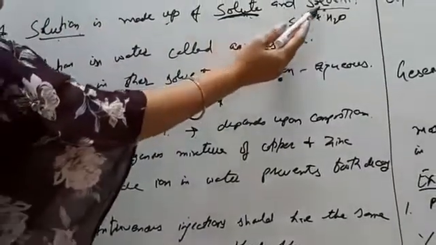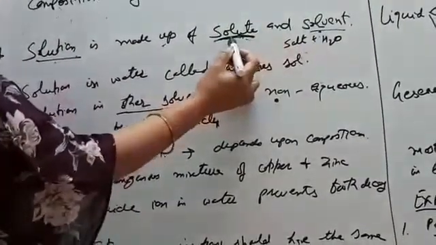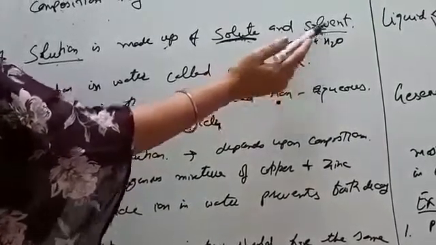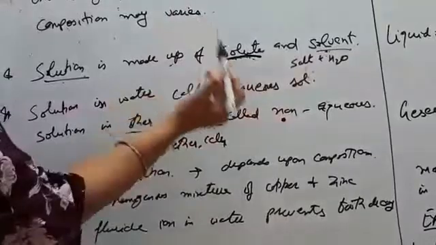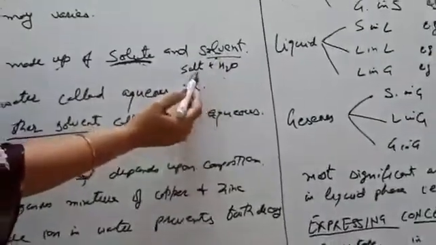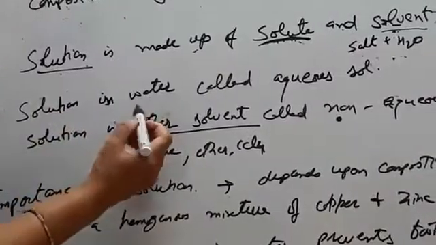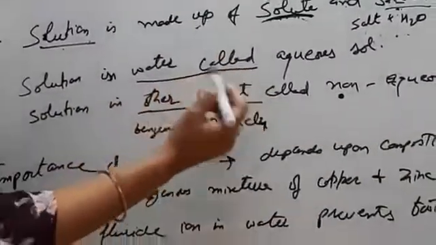Now out of this solute and solvent, solvent may be liquid and solute solid. Maybe this one is gaseous or in any other state, and the same in the case of a solute also. Like when we mix salt in water, it forms a homogeneous mixture. Salt dissolves in water.